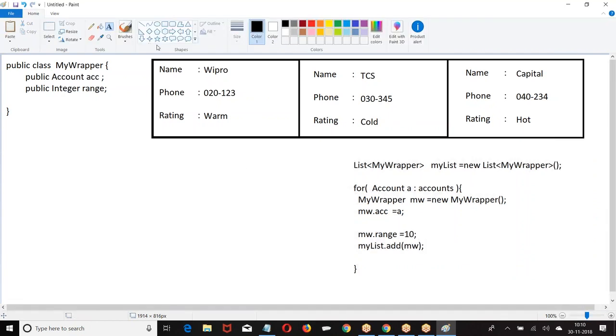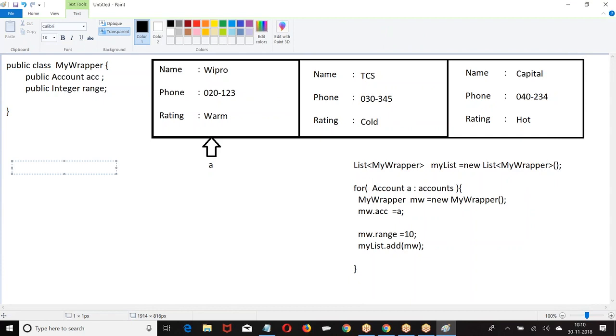Then first, what is the A here? Now, how many records are there in my list? There are no records available. Then what I have done? Account A, this is A, my wrapper.